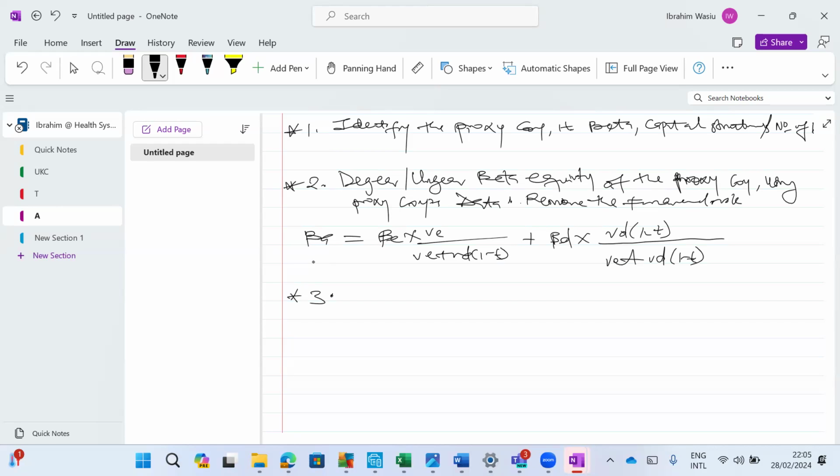Like, I want to go into transaction business. Even though I want to use 50% debt to finance it, I must first go and get my business risk of that industry before I will now add my own financial risk to it, which is 50% of debt. So you getting the business risk is step 2 now, if it's not given in the question. If you don't have better asset, the examiner will give better equity of the closing company. If you have better equity of the closing company, you ungear to get better assets. So once you have better asset, if you plan to use debt to finance this business, you will now do step 3. Step 3 means regear